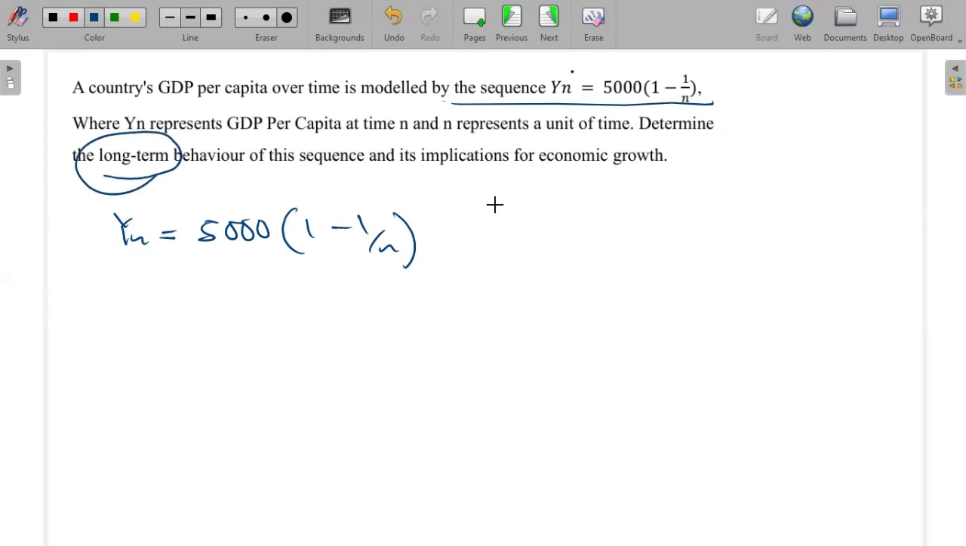So in short, what they are saying is, as we approach infinity, if we take the limit of this function here, so this here is the